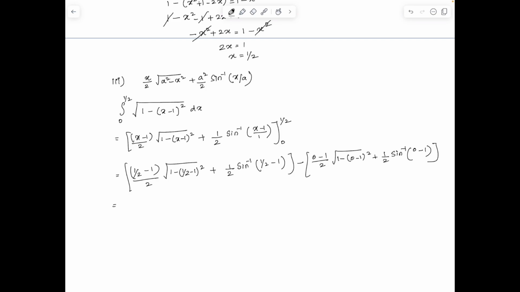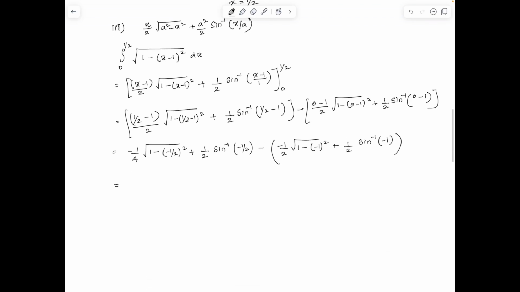Which gives us minus 1 by 4 root 1 minus half the whole square plus half times sine inverse of minus half, minus half times square root of 1 minus 1 square plus half times sine inverse of minus 1,